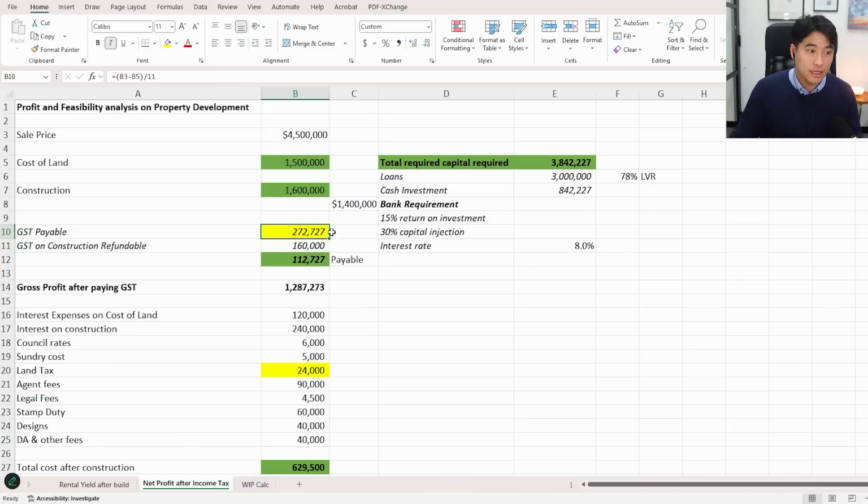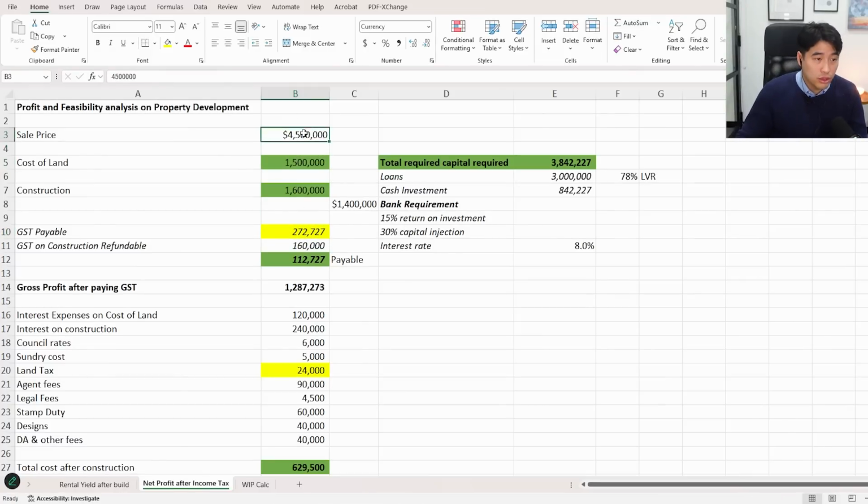That's the GST. And the reason why you get to claim the cost of land is very similar to the calculator concept. You buy the calculator for $10, you sell it for $50, you get to claim $1 in GST, 10% of the $10, and then you pay $5, which is 10% of the $50. So you pay $4 net in GST. Same concept applies to the sale of the property. You get to claim the GST on the cost of land. And they do something called a GST margin scheme.